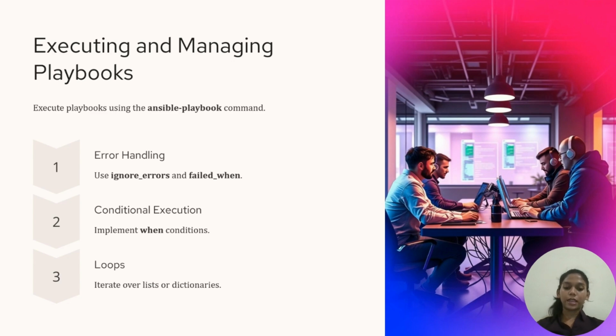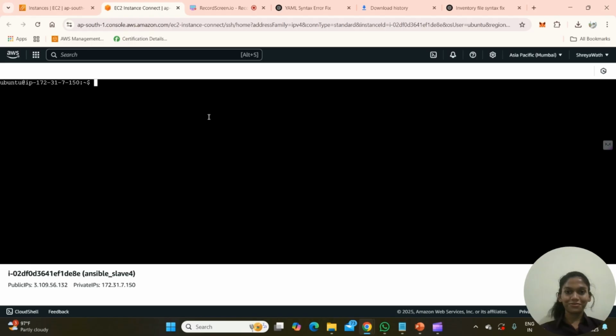Now, let's make some Ansible playbooks and see for ourselves how they actually work. So, as you know, in the previous video, we created a master slave architecture where our Ansible master acted as the master node and the rest four nodes associated with it acted as the slaves. So, we'll be using the same architecture setup for this video to create our Ansible playbooks. So, first of all, let's check if our slave nodes are working.